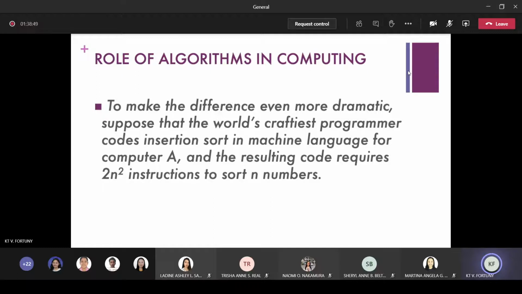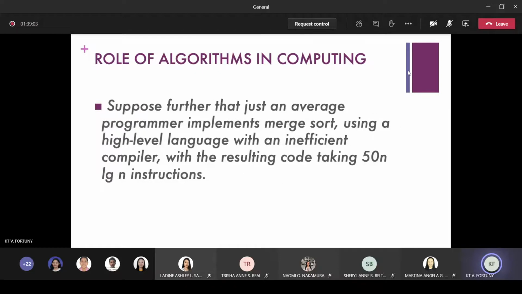To make the difference even more dramatic, suppose that the world's craftiest programmer codes insertion sort in machine language for computer A, and the resulting code requires 2n squared instructions to sort n numbers. And then suppose further that just an average programmer implements merge sort using a high-level language with an inefficient compiler, with the resulting code taking 50 n log n instructions. So